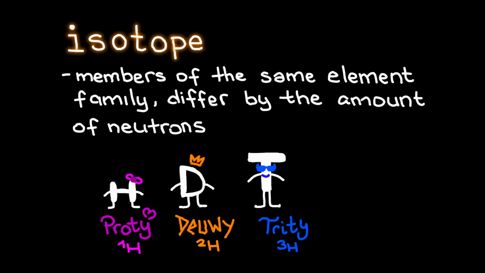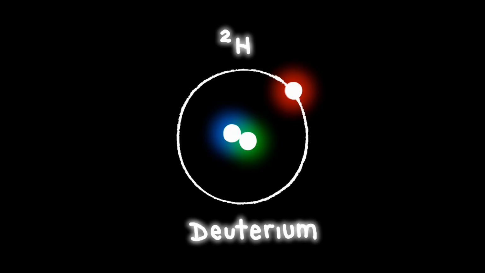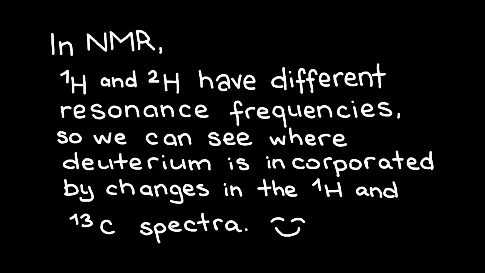Hydrogen has two stable isotopes relevant here. Protium, the usual hydrogen: 1 proton, no neutrons. Deuterium, heavy hydrogen: 1 proton, 1 neutron. Chemically, they behave almost the same, but deuterium is about twice as heavy, which slightly changes bond vibrations and reaction